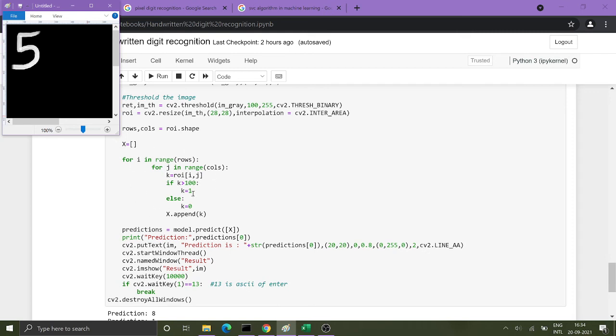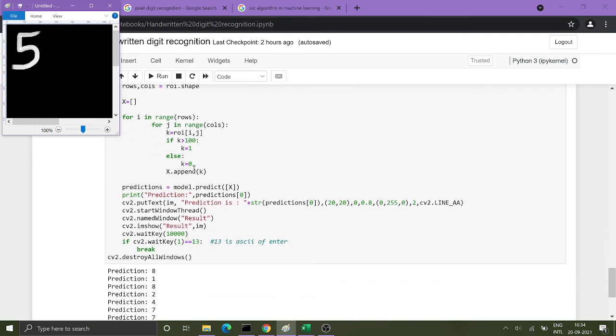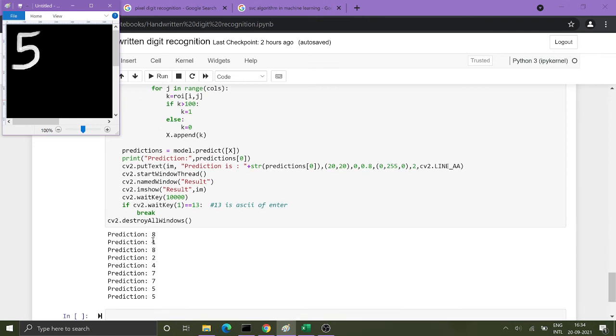Following this process, wherever the 5 is drawn, K will be 1 and in the other part K will be 0, and this is appended in X. Then using that X, we predict with our model, and the prediction at index 0 will contain the label part. All our labels are stored there and will be displayed.